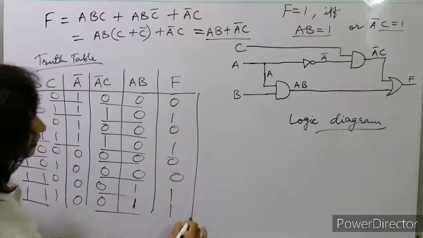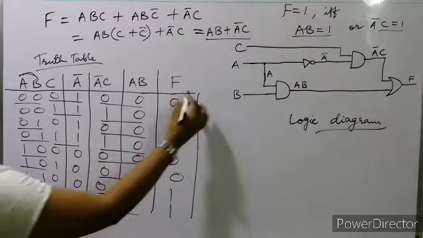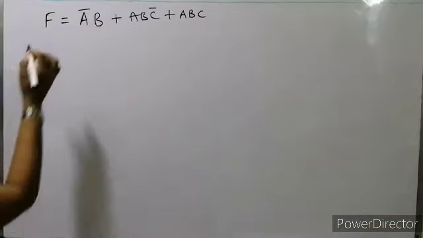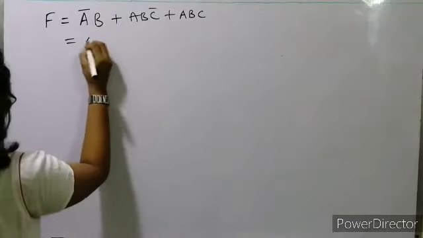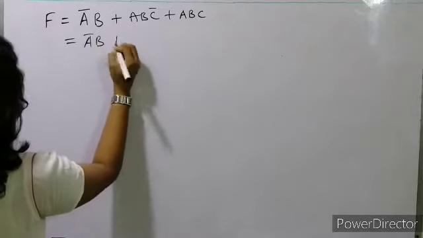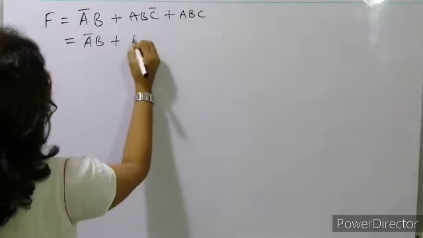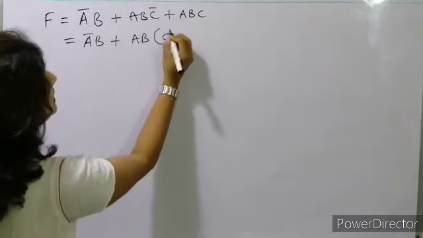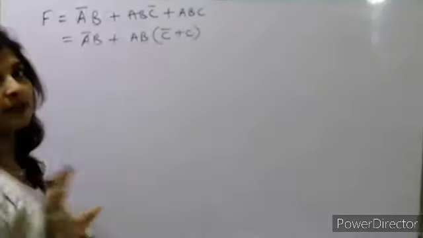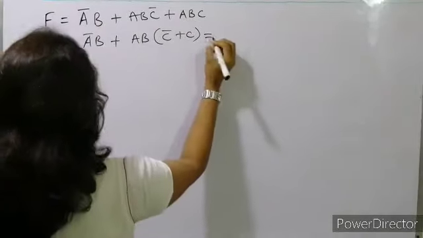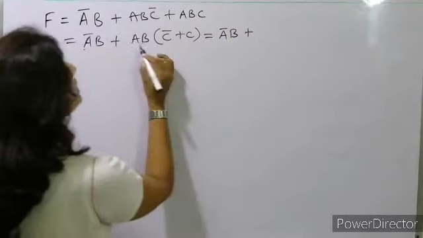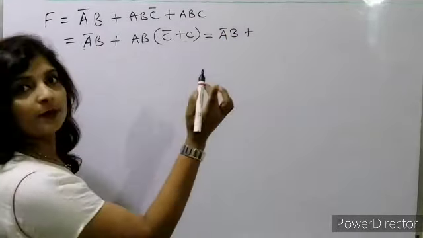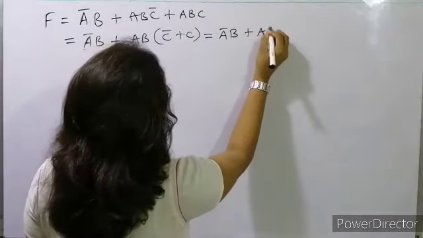ओके. सो answer क्या होगा हमारा? This one. ओके. ऐसा होगा. ओके. One more sum we will do. First of all what will we do? We will simplify this. तो simplification करेंगे तो A bar B. Now what we'll do? AB common है ना, so again we'll take AB common. C bar plus C. C bar plus C will be 1. Okay. So the answer will be A bar B plus AB because C bar plus C will be 1. Okay. So plus AB. ठीक है.